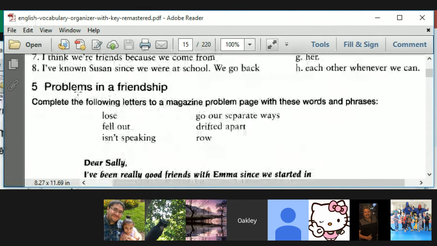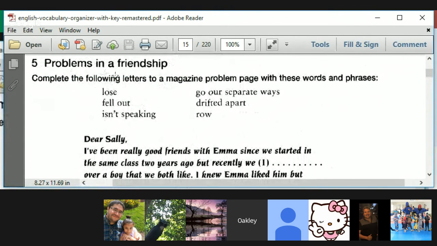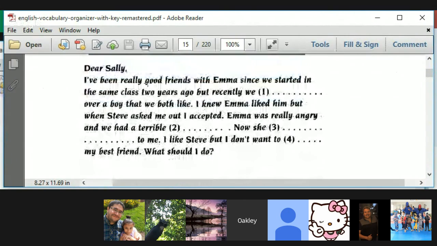Okay. Friendship letters, problems in friendship. We're going to now look at a letter to a magazine, the problem page. We're going to use these words and or phrases to fill in the blanks with this friendship problem letter. Carla, can you go ahead and read the first sentence of the letter? Yes. I've been really good friends with Emma since we started in the same class 2 years ago, but recently we